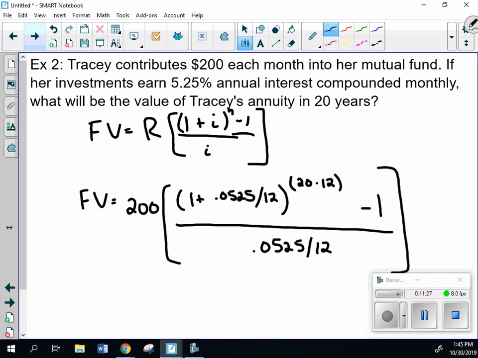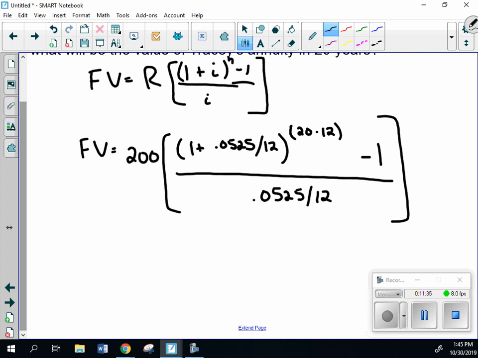Now, the nice thing with this, all we're doing is plugging our information into our formula and you're just calculating. So I'm going to go ahead and do that, plug it in, and you would get the future value is